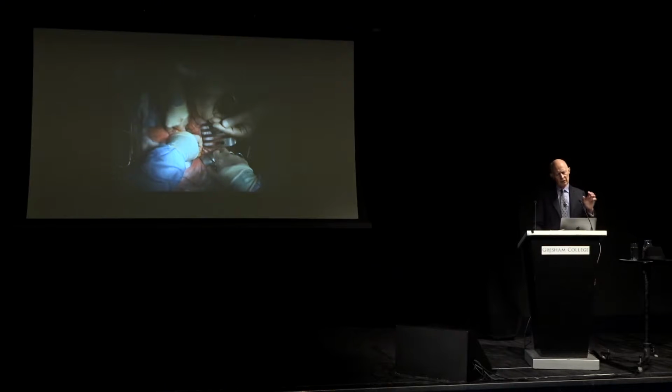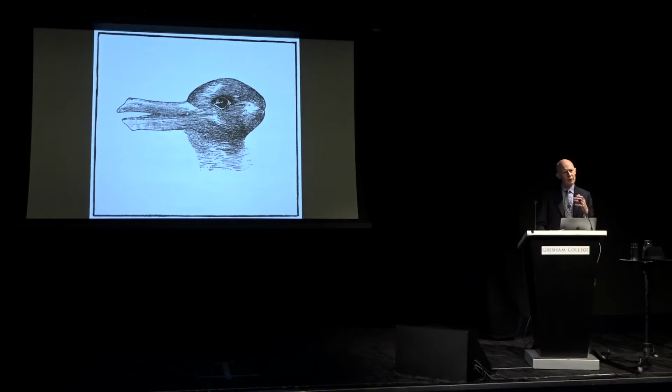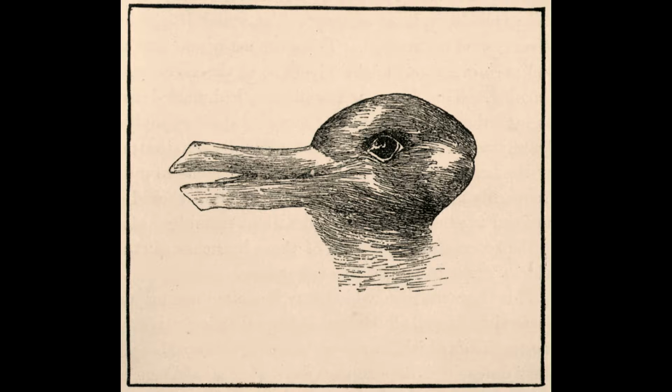And so that says to me that what you look for in a clinical setting depends very much on how you look. This well-known image of a duck looking to the left, or perhaps a rabbit looking to the right, allows you to see two different things according to what you choose to focus on. You can switch between those two views. You can't see an amalgam of the two, you have to see one or the other, but you can move between them. And so I think it's interesting to think about other ways of thinking about the sense of touch